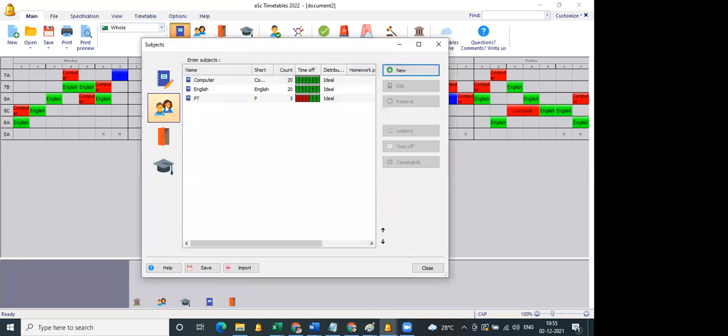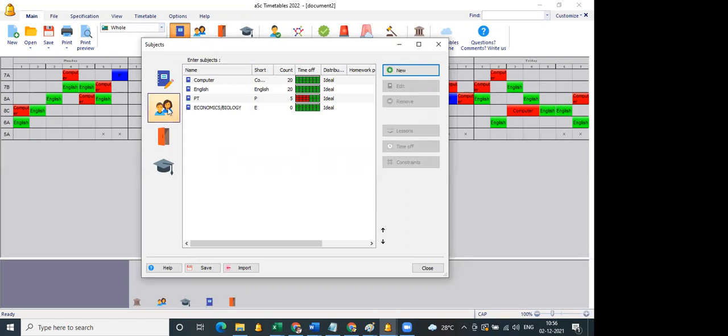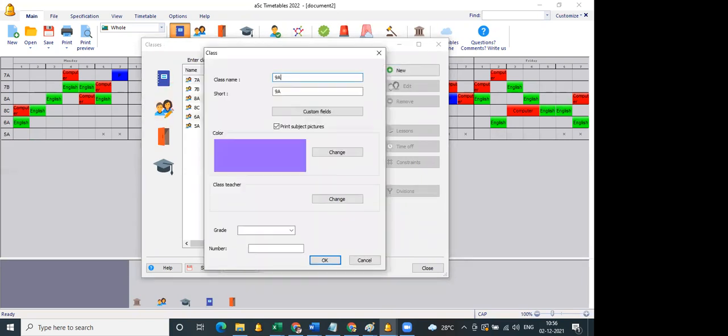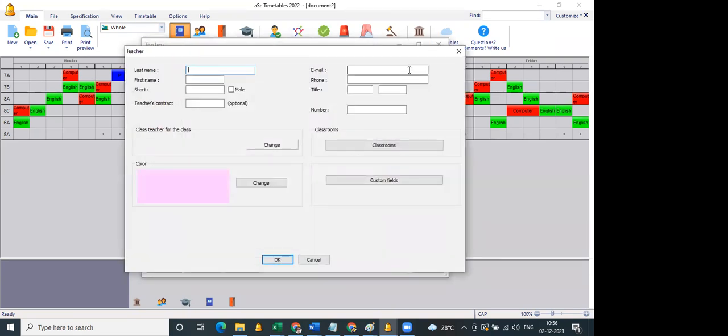So initially I'm adding a subject. This is the simplest method, madam, of divisions. The subject is economics, and I separate it with a hyphen or a slash with biology. For class I add 9A and 9B, and then the teacher, the eco teacher.